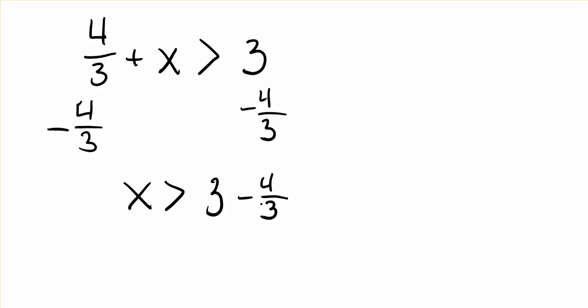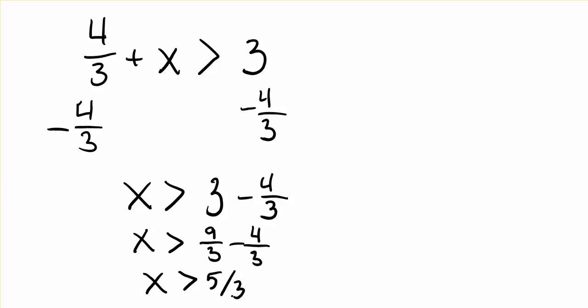So this will give you an opportunity to practice working with fractions. We have to have a common denominator in order to subtract, and so using thirds, this would be the same as x is greater than 9/3, which is 3, minus 4/3,